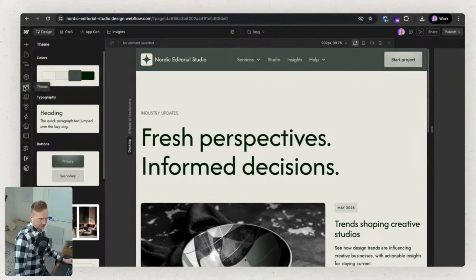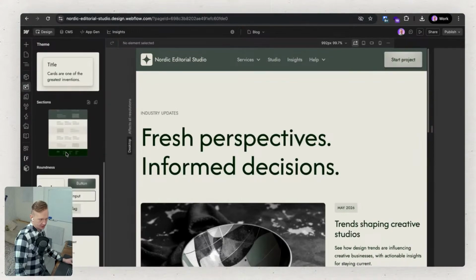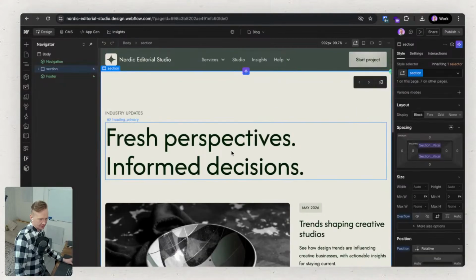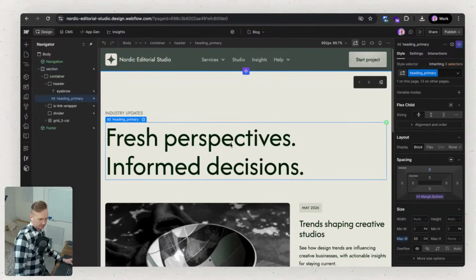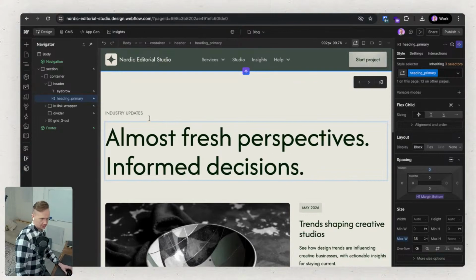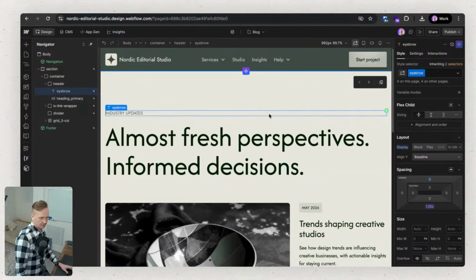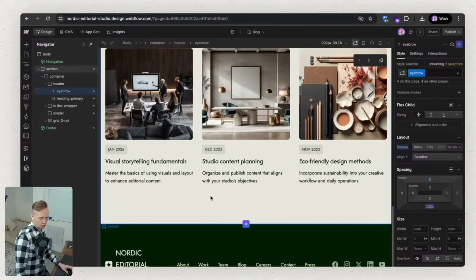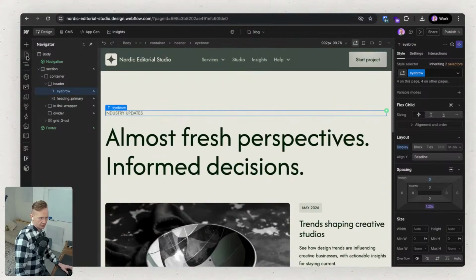Here's a new option, like the theme option. I can edit this. I can do the text edits. Yes. I have